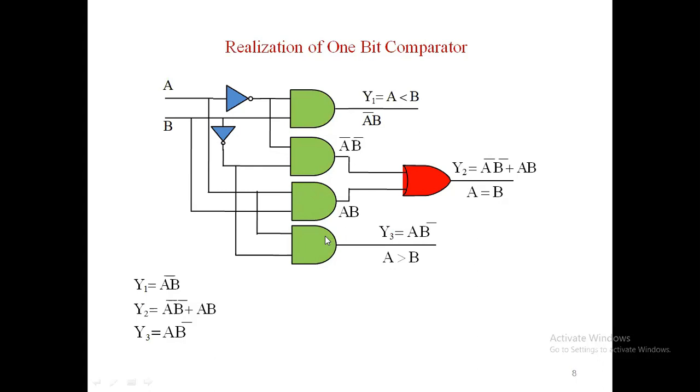Now we have to pass the values. You wrote a Python program, that is only 2 bits, 1 and 0. So you give the values A value 1, B value 0. Finally, it will check all the conditions, and it will represent that the magnitude is greater than. It finds out based on these conditions only. Is it clear? 1-bit comparator, everyone?